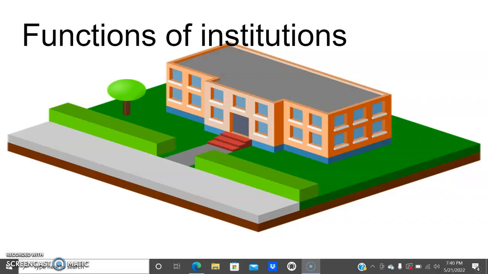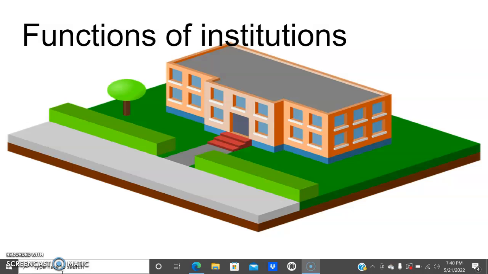Another institution that you could be tested on in your examination is the recreational institution. And once we think about recreational institution, we are thinking about any activity that individuals engage in for pleasure and relaxation. Now, what are some of the functions of recreational institution? To provide a good pastime for individuals, to build physique, to provide happiness and love among participants, and four, to help to develop an individual's personality, right?